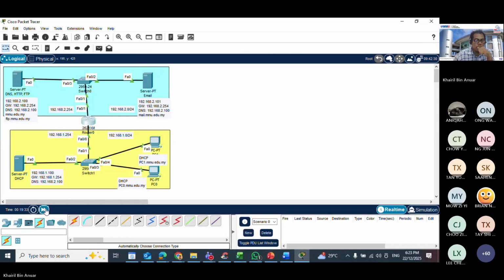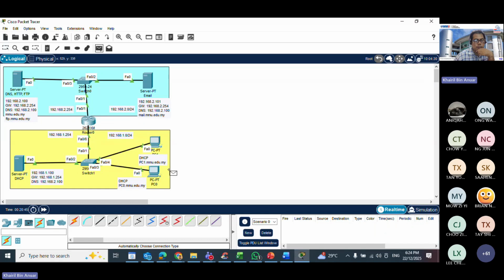Okay. Right. So first thing first that we want to test, maybe sending from this email server to this DNS server. Okay, so successful. Okay. And then the bottom one we have already tested, right? Try from here to here. Okay, from the DNS to the router. Okay, from your email to your router. Okay, successful. From your PC to your router. Okay, from your DHCP to your router. Should be okay. Okay, so the moment of truth.